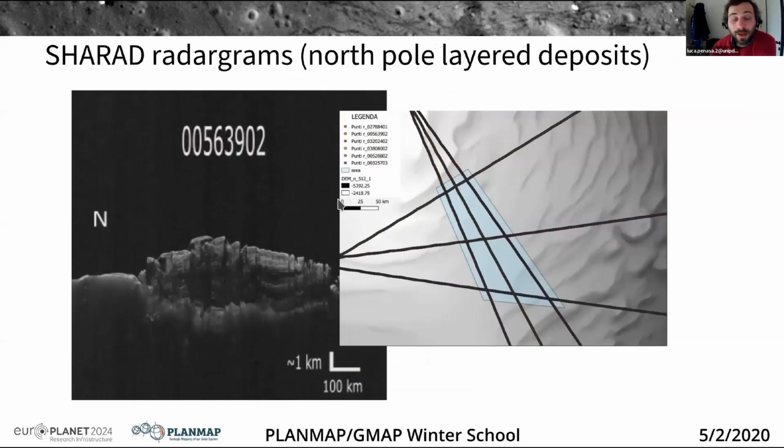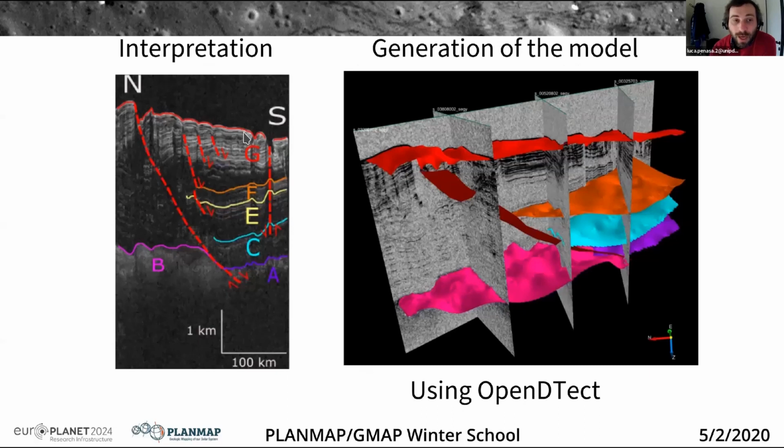So another case we will see later in the practical is the one with radargrams. I already told you something about that. But the idea here is that you, of course, need to perform your interpretation basically on two-dimensional data. And when you have your interpretation, you can put all your data and information together to try to generate a